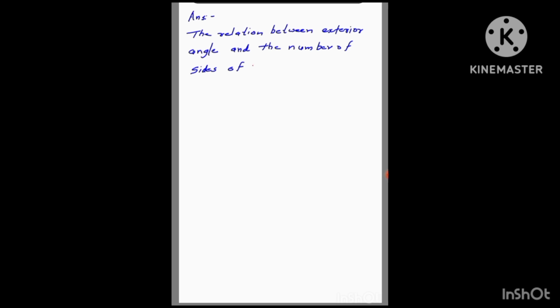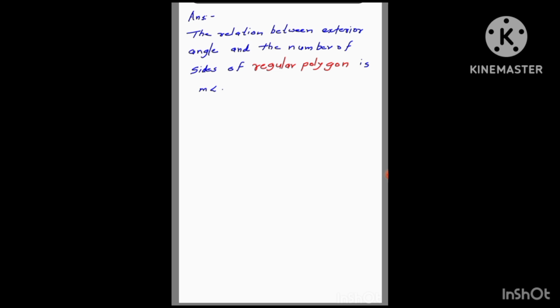Answer: we have to focus on the exterior angle measurement and the sides of a regular polygon. Okay, a regular polygon, as you know, is a polygon where all sides and all angles are equal. So the relation between the exterior angle and the number of sides of a regular polygon, remember this word, a regular polygon, okay, is, let us be in sync with the writing, that is, measure of the external